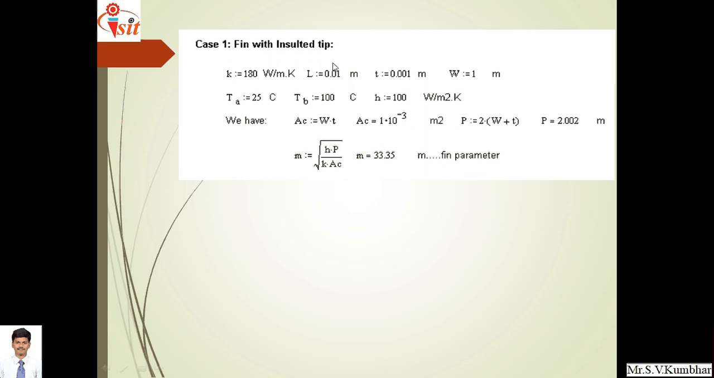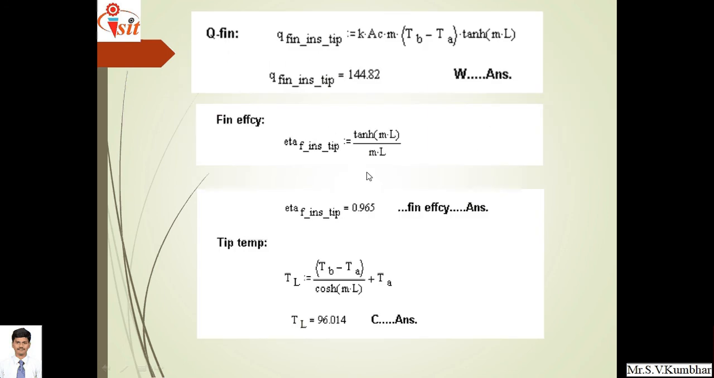Putting the value of h, P, k, Ac, we will get m as 33.33. Now Q fin, when the fin is insulated, the formula is k Ac m (TB minus TA) hyperbolic tan ml. K is given to us, cross-sectional area we had already calculated, m we had already calculated, TB and TA are given, and L is also calculated. So substitute all the appropriate values, we will get the amount of heat transferred through the fin when its end is insulated as